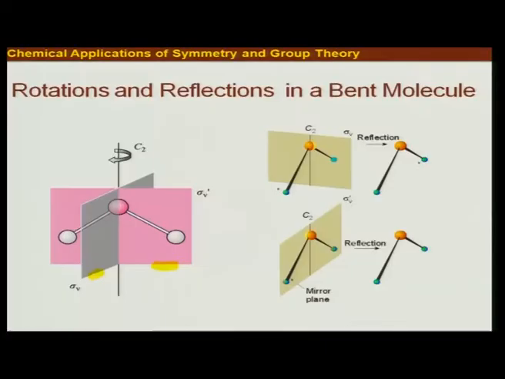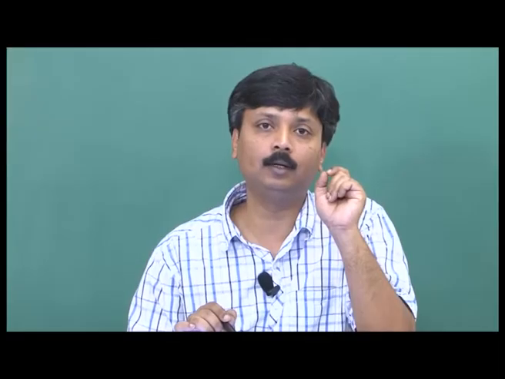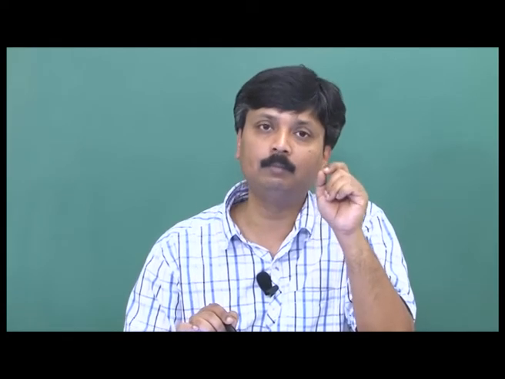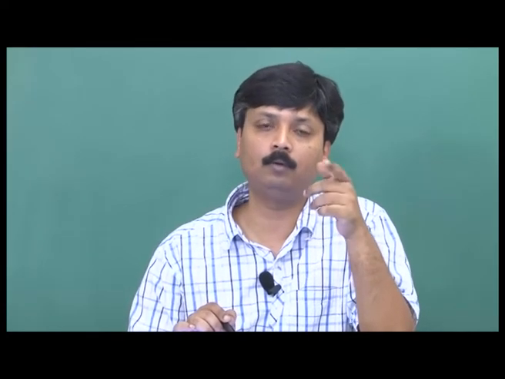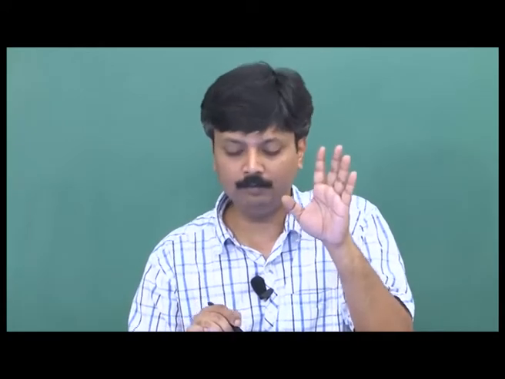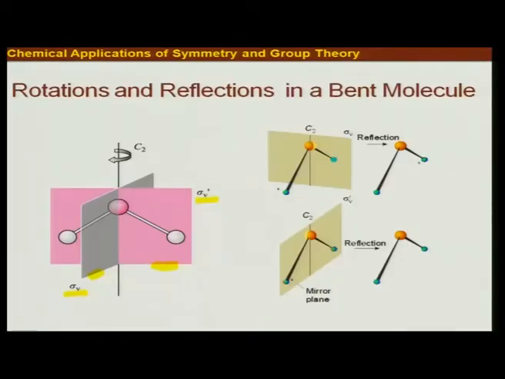Now you can see here that I have given sigma v and sigma v prime notations to these two planes. I mentioned that you may come across this kind of symbolism, that is not only sigma v, sigma d, sigma h, but also sigma d prime, or here sigma v prime. This is just to differentiate, because if I call both of them sigma v, then when you want to do something further